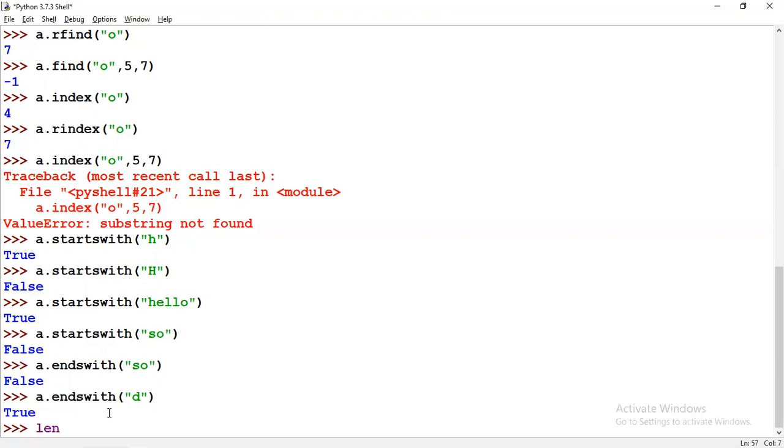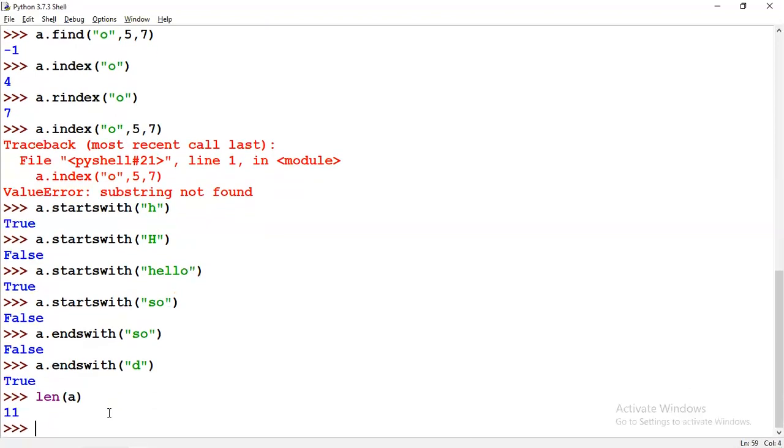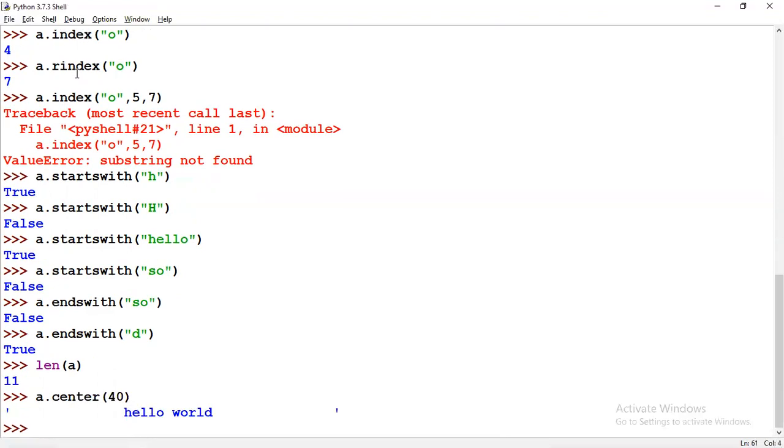Apart from that, the length of A is 11. So in total you have 11 characters here. But you want to make the total 40 characters. So for example, A dot center, I am just giving 40. Now you will get the index positions up to 40. See, from here it's starting and here it's ending.